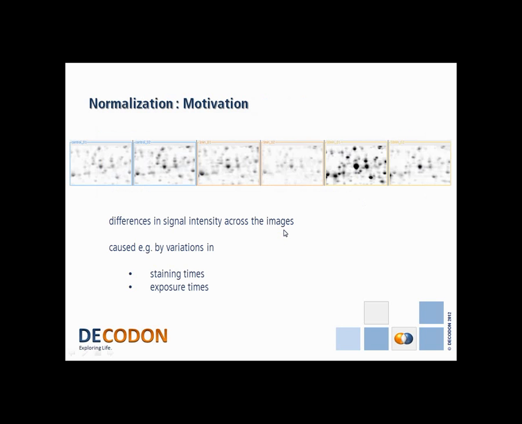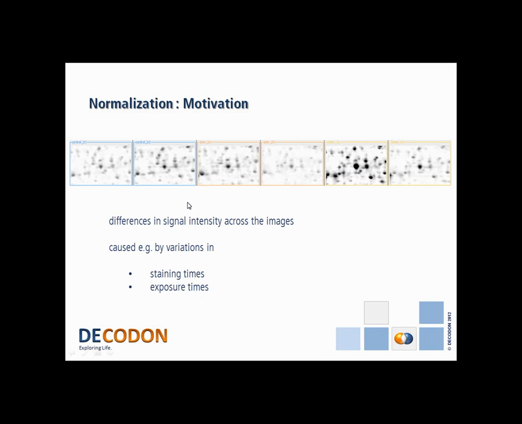So then, having the quantitation table, we should know what has been done to calculate the normalized spot volumes which show up in this table. Normalization is necessary because different images might have different overall intensities. Possible reasons for that are different staining times or variations in exposure times. Both result in different intensity levels of the images without having different expression levels of the proteins. This can be